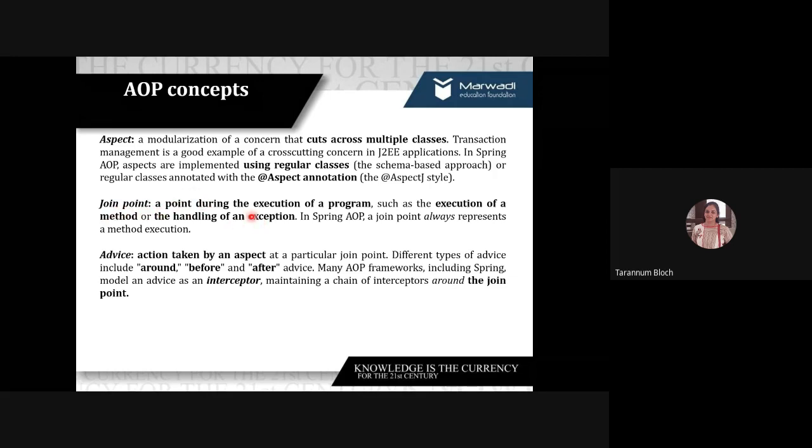Now we have another thing which is join point, right? A join point comes during the execution of a program. So when something is executing, it could be a method or some exception, a code which is handling the exception. Something which is in execution at a point while the program is running, you call it a join point, right? Usually in AOP, a join point means a running method. Now when we have a method, at times we want to do something before method execution or after method execution.